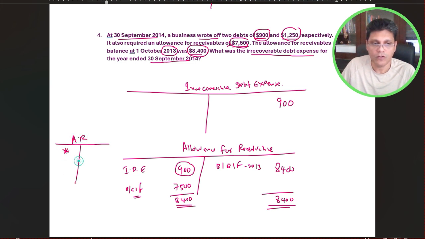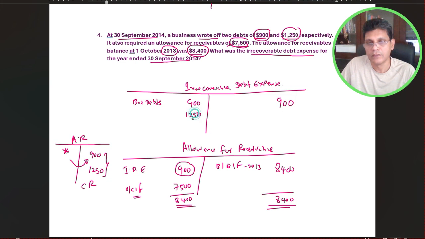So when you write off, you need to credit the accounts receivable, 900 and 1,250. So you credit accounts receivable and debit the irrecoverable debt expenses, so you can say bad debts 900 and